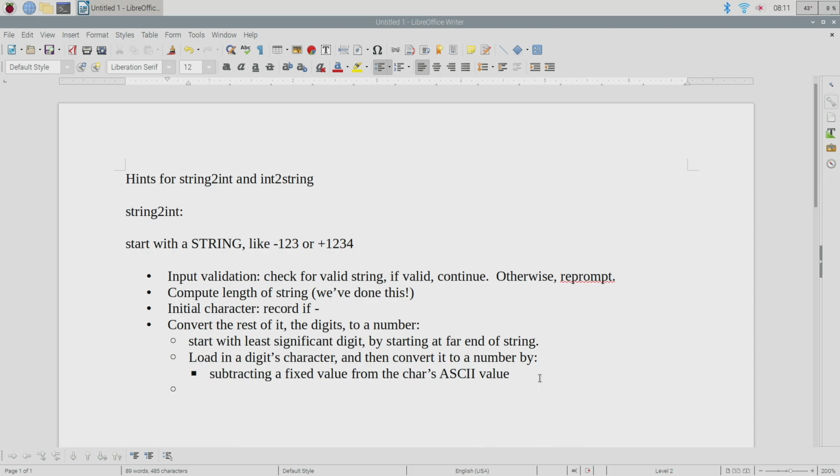Okay. Yeah, well, we can subtract the fixed value from the character's ASCII value, right? And it would be either 30 hex or 48 decimal, depending on which way you write it. Okay, so once you've subtracted it, you now have the numeric value of that digit. But then what do you have to do? You got to multiply by the appropriate power of 10,